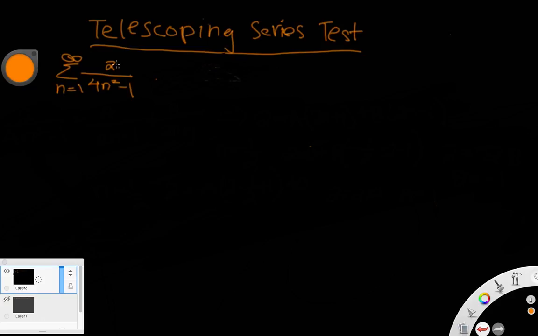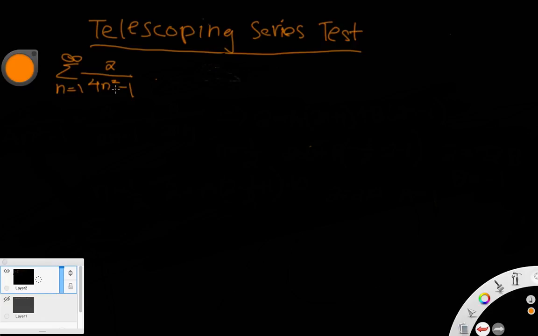Remember that usually if there's a constant, 2 in this case, over a denominator that can be factored, so 4n squared minus 1 can be factored into 2n plus 1 times 2n minus 1, then you should use the telescoping series test. Now that we've figured out that we can use this test, the first thing you want to do is